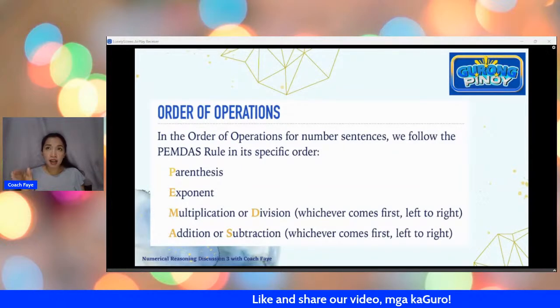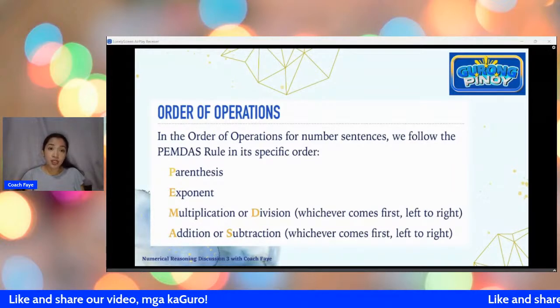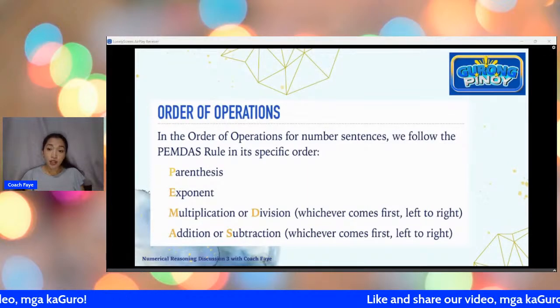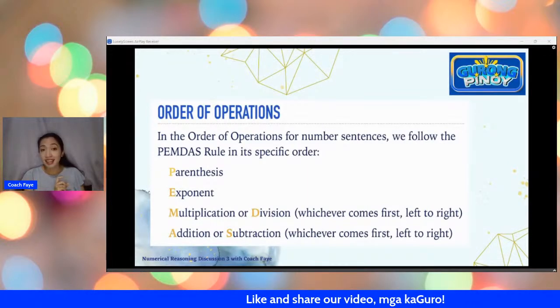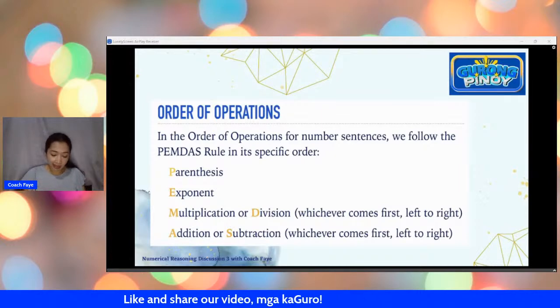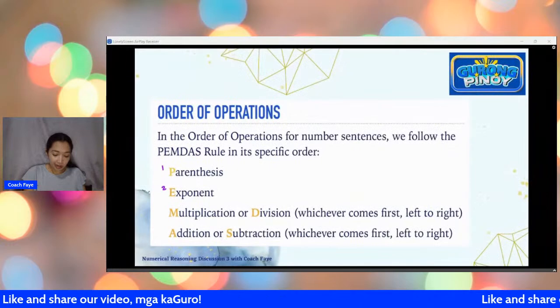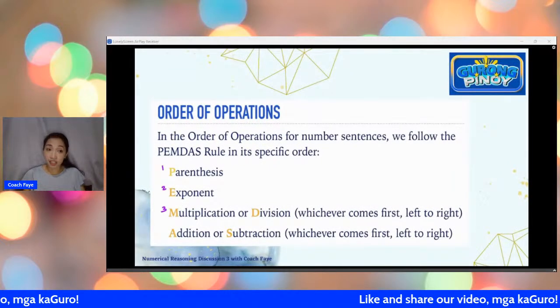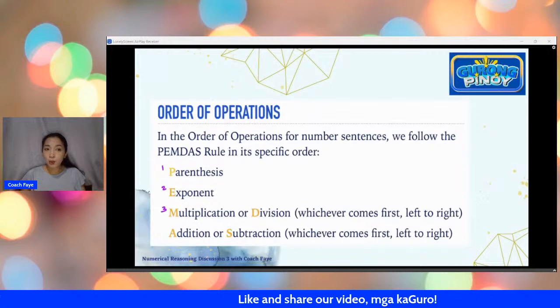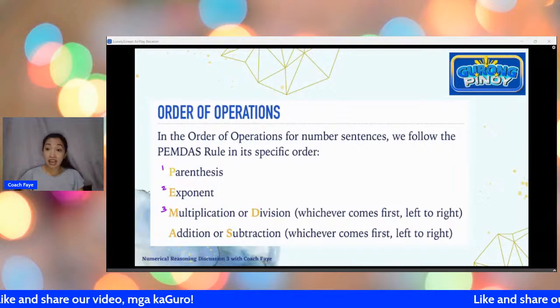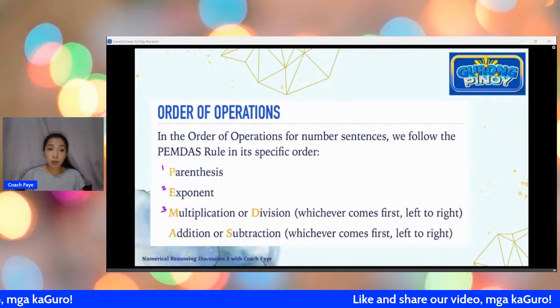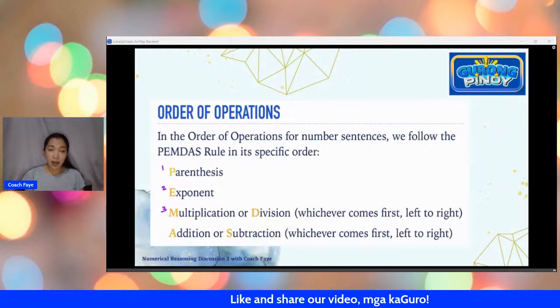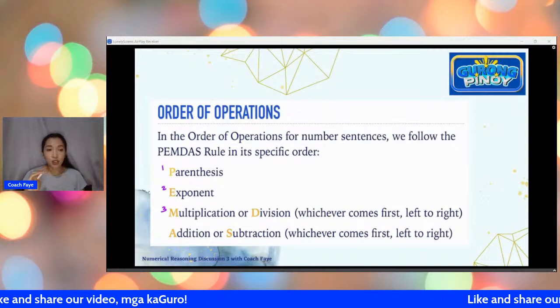So paano po yung pagkakasunod ng operations when you are doing some calculations? We have to follow certain rules in here, and it has a specific order. You start with P parenthesis, E exponent, that's the first level, and then the second level. Yung third level is your multiplication or division. Take note na hindi po laging inuuna si multiplication versus division. It's just whichever comes first from left to right. So kung nauna man si division kay multiplication, mauna po si division. Pag nauna po sa left, yung divide bago mag-multiply. So multiplication and division are on the same level.